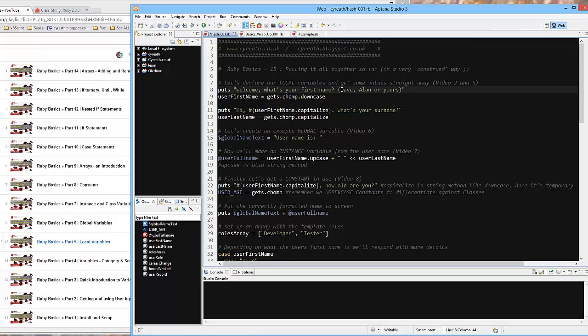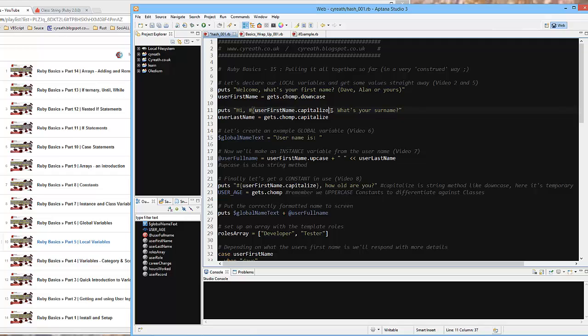And because I've put down below some logic based on these names, I've suggested you put Dave, Allen, or your name, right? And something will happen. There is a certain path that the program will follow given this input. Again, it's a bit of a forced example, but we just want to come up with an example for each of these things. So it goes, hi, and then this is interpolation, remember. Interpolation of whatever the value of this variable is, user first name, so it will go, hi, Dave, and